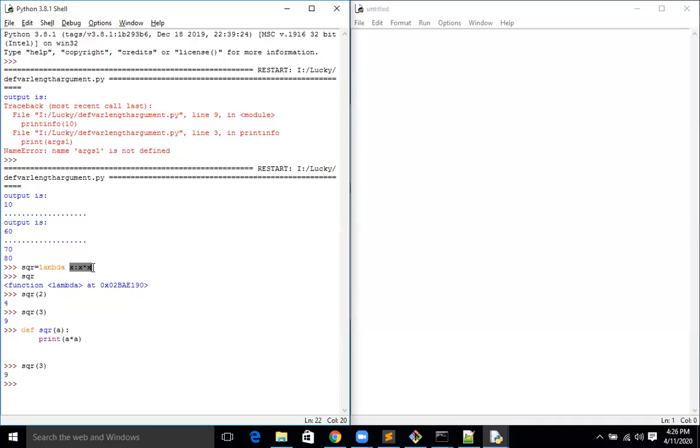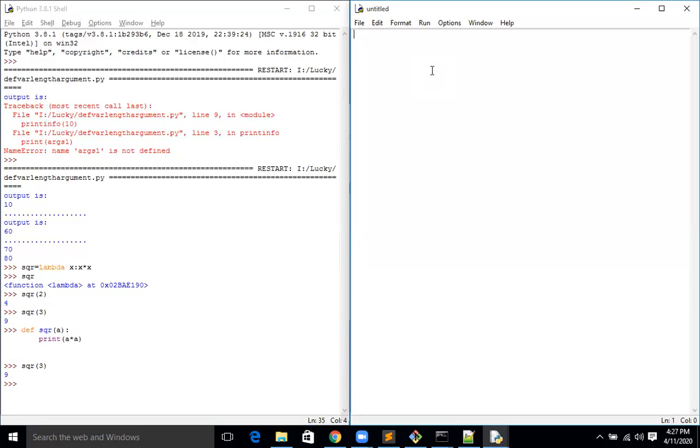Now we need to know what the scope of a variable is. It's very important. In all programming languages, there are two different types of variables: a global variable and a local variable. But here we can see what is meant by a global variable and what is a local variable.